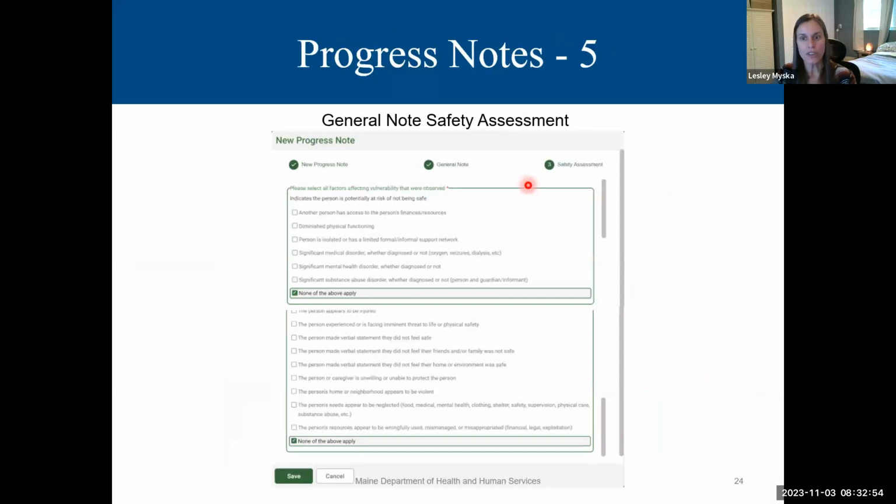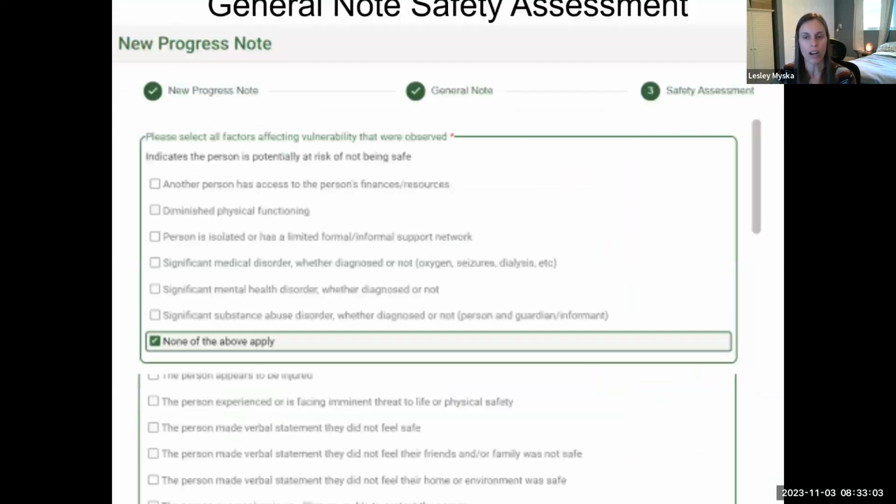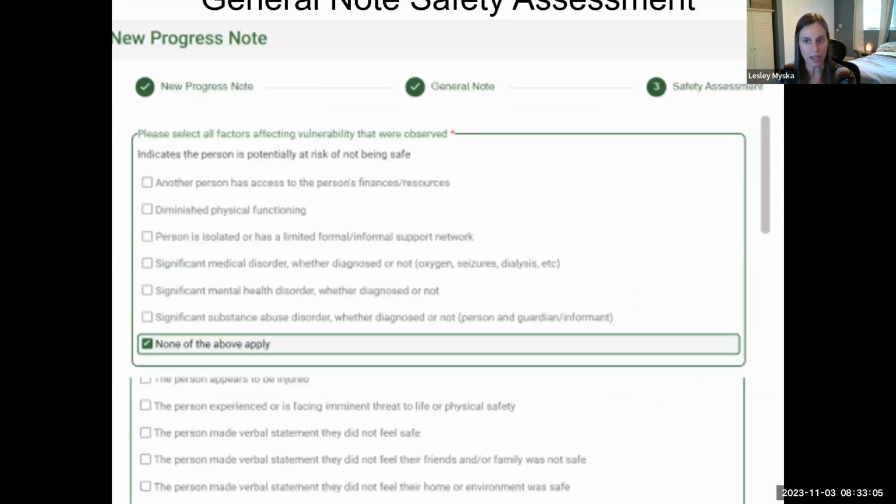Step 3 is a new set of 2 questions which will be asked if you've selected a contact type of virtual video meeting or in-person meeting. These questions are asked for certain note types, including the general note, and they're intended to help ensure the safety of the persons that we serve.